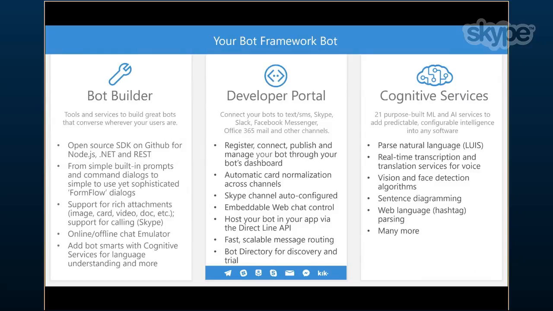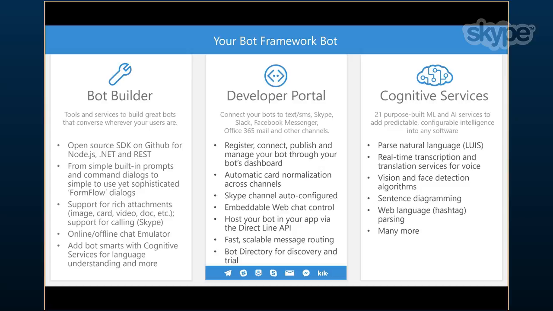Great. Okay, so there are three things to think about when you're building your bot. The first of which is Bot Builder, or the SDKs. The two SDKs that we have today are JavaScript and C#. So in effect, Node.js and ASP.NET based bots. When you think about publishing your bot, if you're building a C# bot, Visual Studio makes it very easy for you to publish that bot onto Azure. But there are no hosting requirements for your bot. If you wanted to host on Azure or AWS or your own hosting environment, that's perfectly fine. The only thing that we require is that the bot endpoint that you publish to is web accessible.